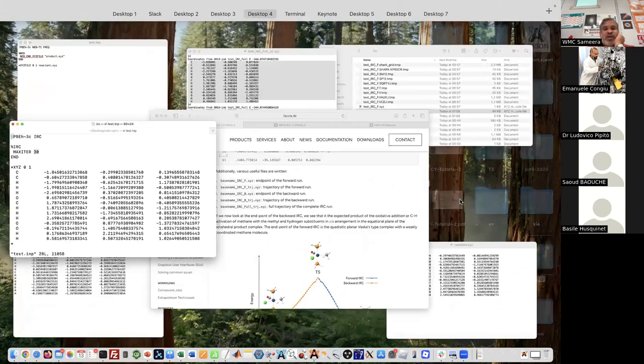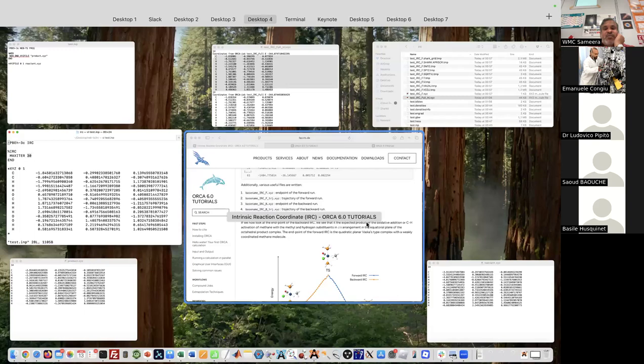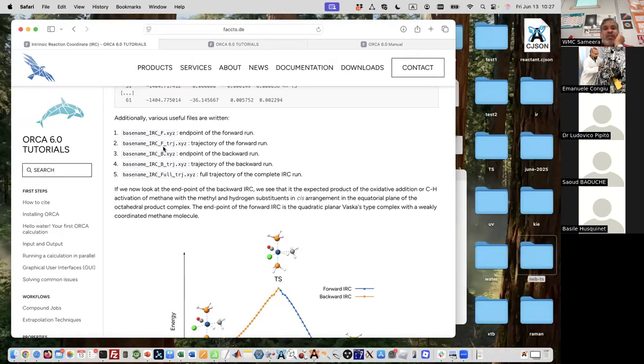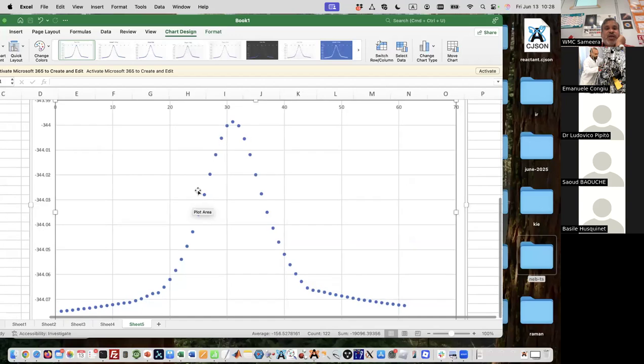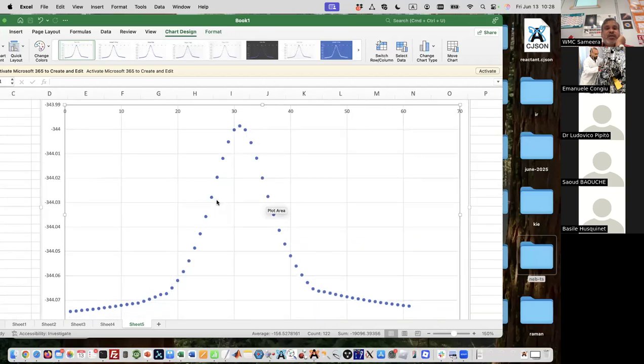For example, let's look at this IRC path. If we want to locate this transition state, let's go back to our transition state. Ideally you would give a structure near to the transition state. So if you give a structure somewhere here or somewhere here, the computer can find the transition state